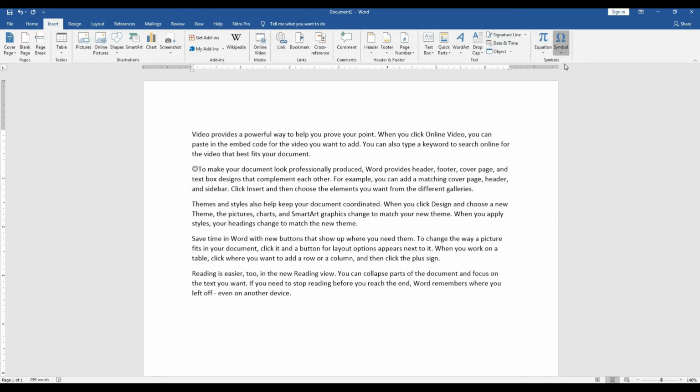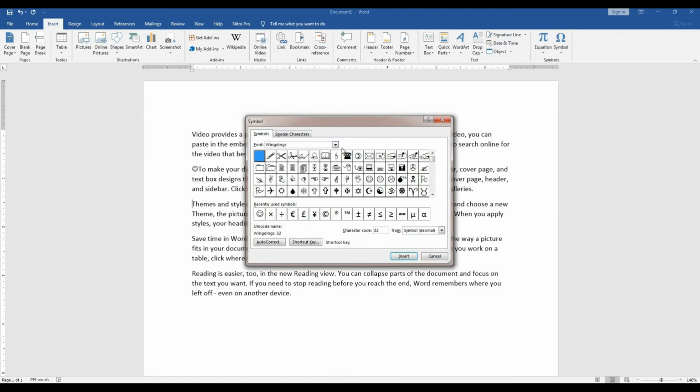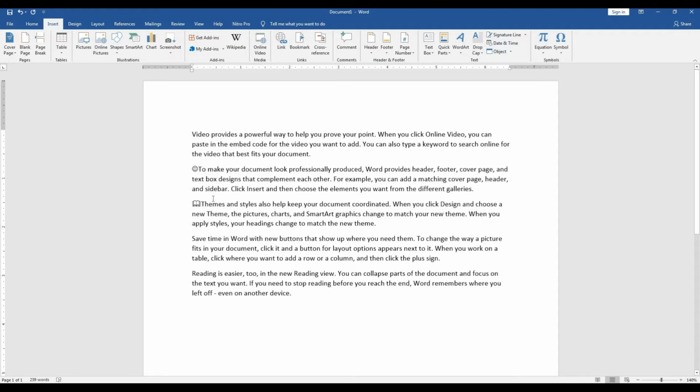Same as in the third, I want to insert another symbol. Choose and click on insert. This is the method of how you can insert a symbol in a document.